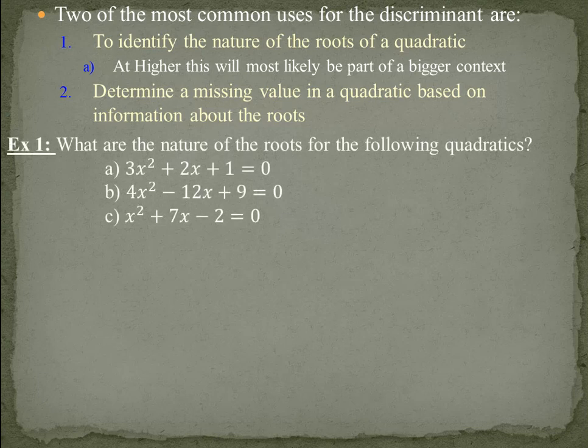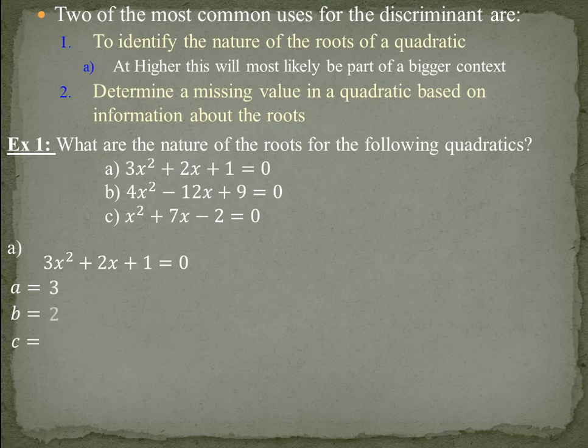So some examples. Example 1: what are the nature of the roots for the following quadratics? This should be a National 5 recap, so therefore it's a skill you're expected to be able to do with little to no difficulty. So A, if it's in standard form, just simply write down a, b, and c for the discriminant, which is